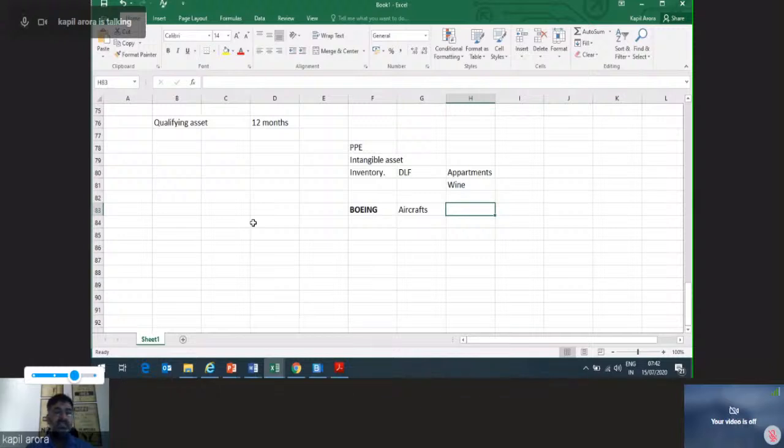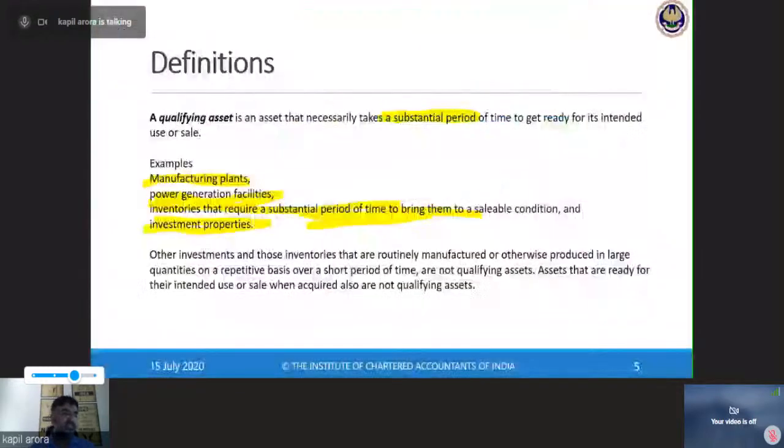So aircraft doesn't get manufactured or constructed in days. It takes years sometimes. Ships, right? A company which manufactures or builds ships, that may also take years. So those will be considered as qualifying asset. All these things which may take more than 12 months in their construction or development will be considered qualifying asset. But one thing they have mentioned,